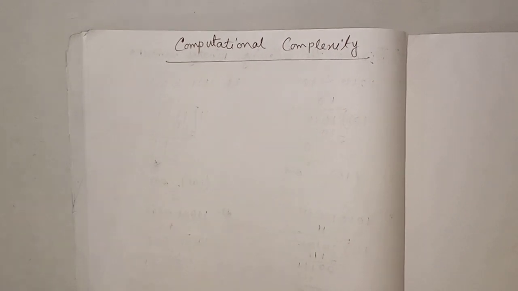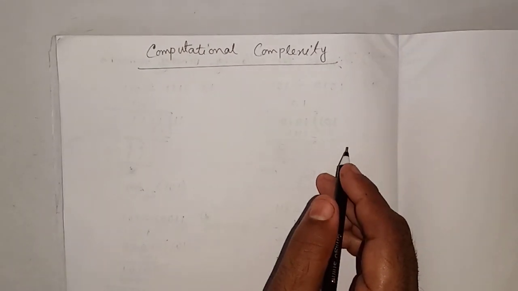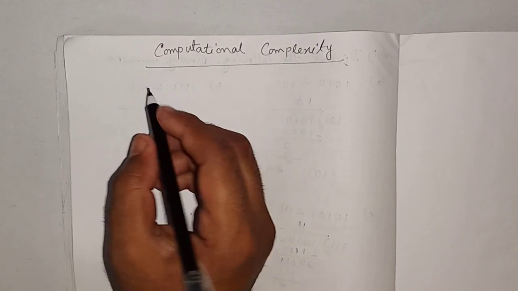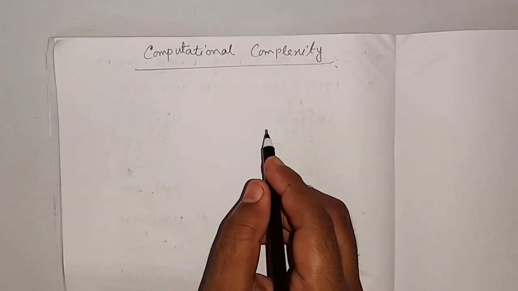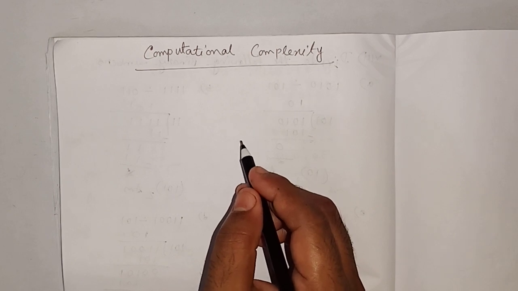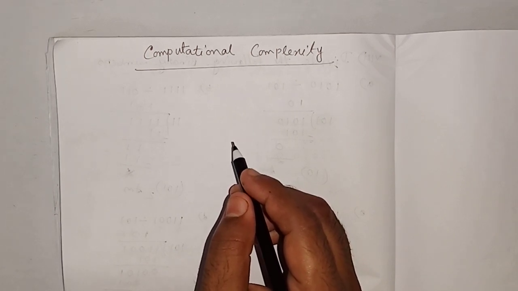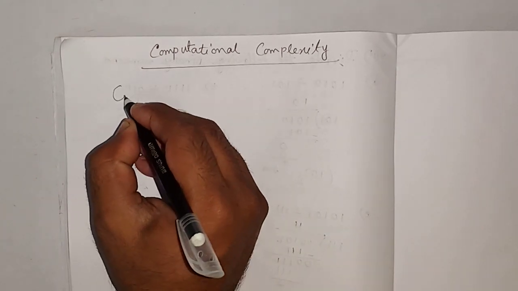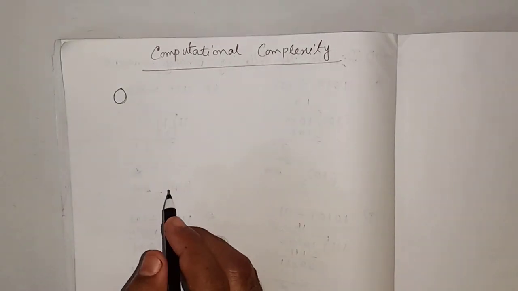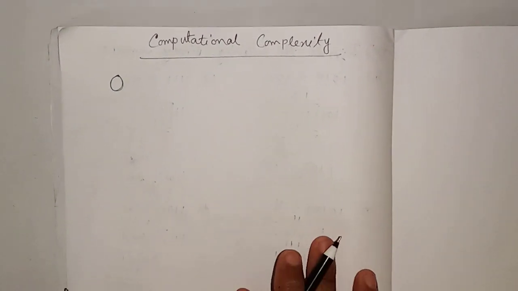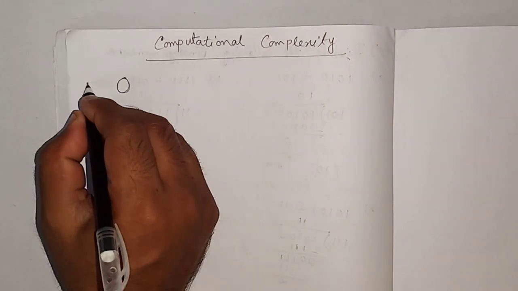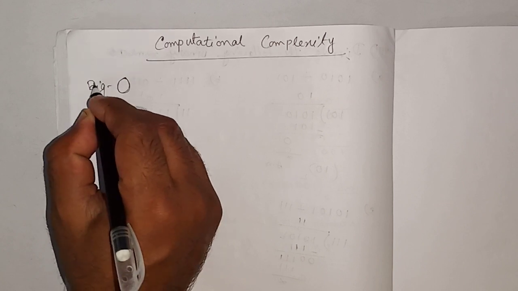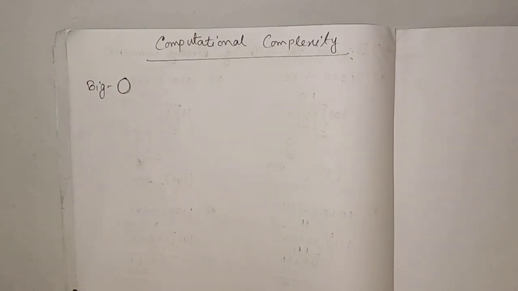First we need to know that for weight we are using kg, right? In a computer, when you are doing a calculation in a for loop or any statement, at that time we are using a notation which is O. This O is called big O notation. Okay, we call it big O notation. In big O notation, there are many things present.